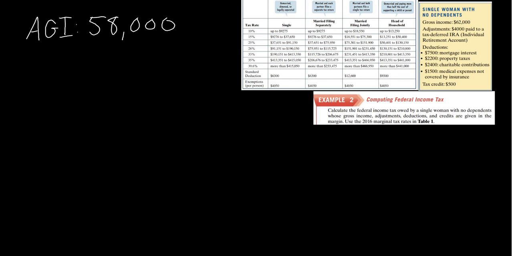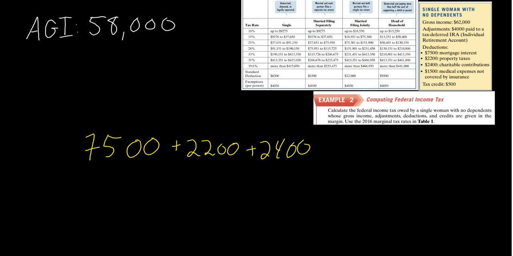Again, she is entitled to $6,300, just like the guy in example 1. But looking right here, she's already paying $7,500 in mortgage interest, which is greater than the $6,300 standard deduction. So I'm going to be itemizing. Let's itemize this: $7,500 in mortgage interest plus 2,200 in property tax plus 2,400 in charitable contributions and plus 1,500